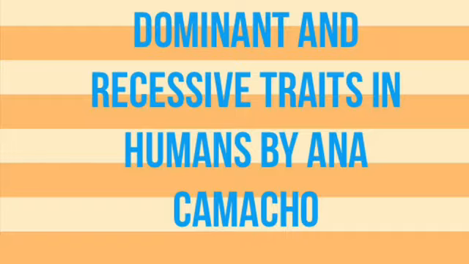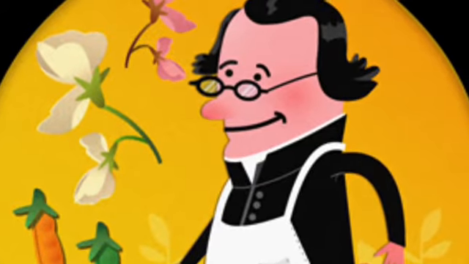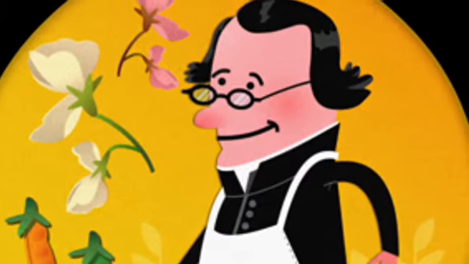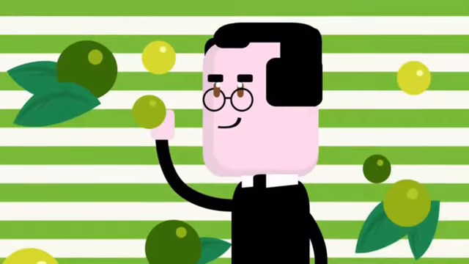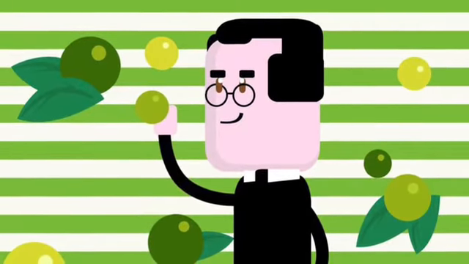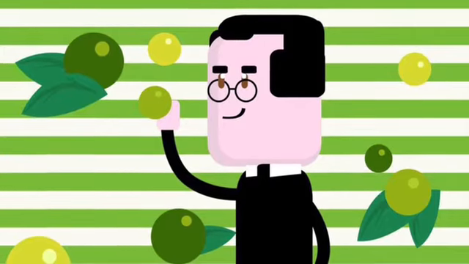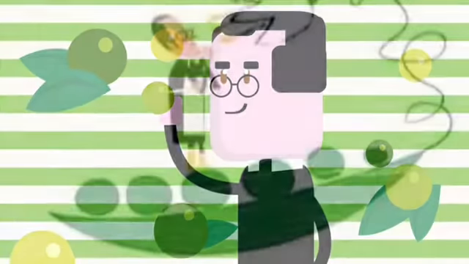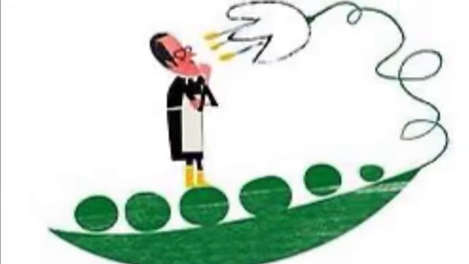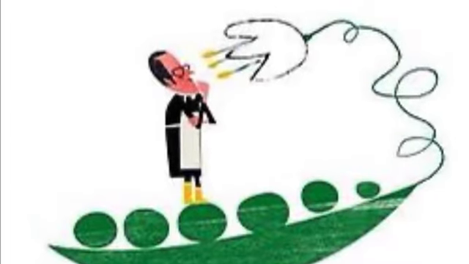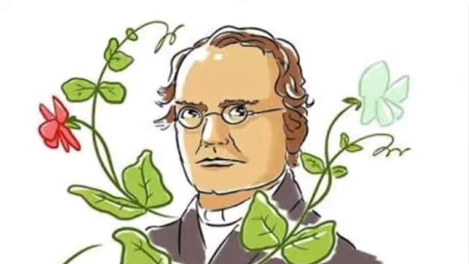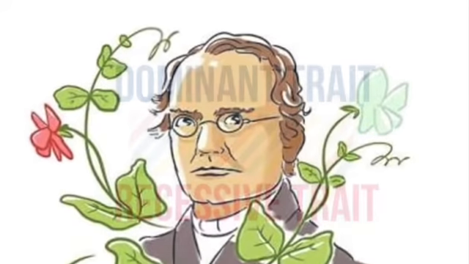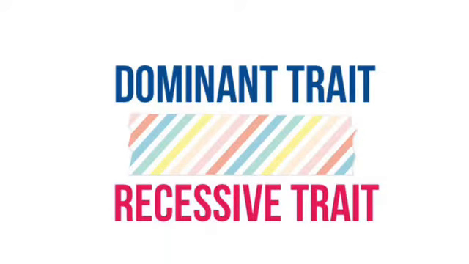Well, the first thing I want to mention is that the world of genetics was discovered by Gregor Johann Mendel, who is also known as the father of genetics. Now, he experimented with peas, mixing yellow seeds with green seeds. After a while, he noticed that two types of very characteristic traits were produced, which he called recessive traits